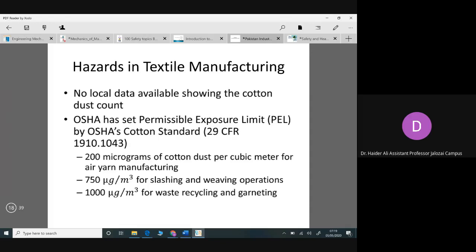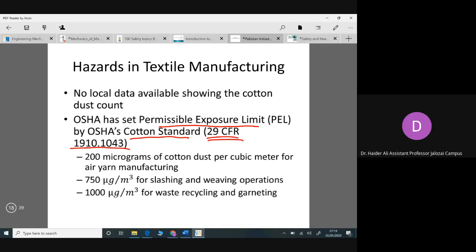Now, there are organizations which put policy in place for different work environments. Like the Occupational Safety and Health Administration has set a permissible exposure limit, and that cotton standard is 29 CFR 1910.1043. So like 200 micrograms of cotton dust per cubic meter for yarn manufacturing. Now, this is referring to the